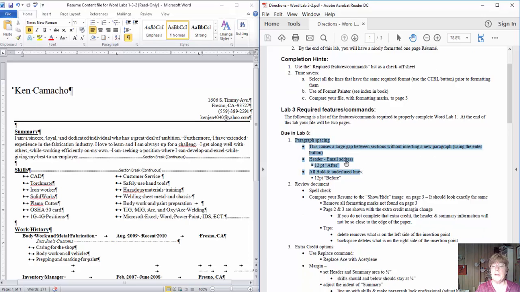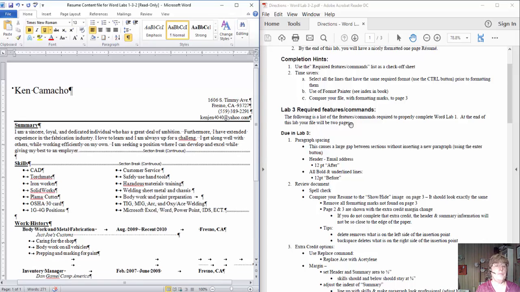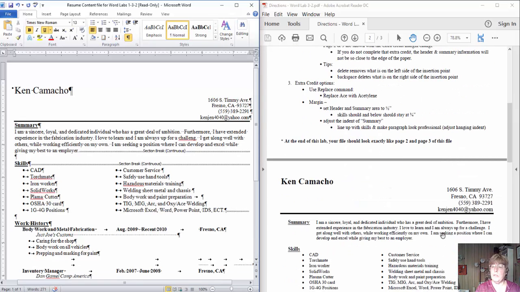And the first one is in the header. You want an email 12 point after the email address. Well, when we look at our example, we've got this, but look here. This is the enter button making that space. So we want to delete that enter button. And when you look at the sample down here, see this space here. So what we're going to do is